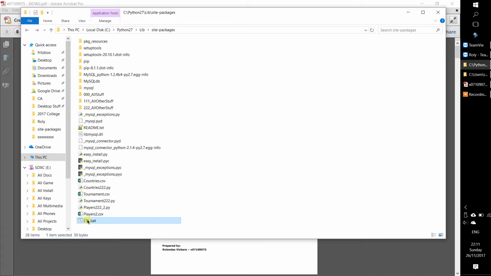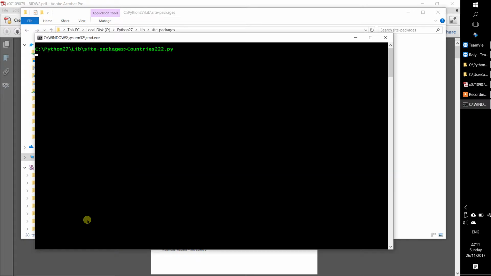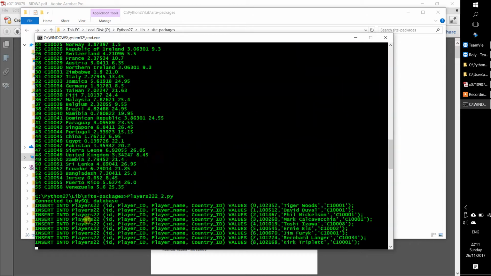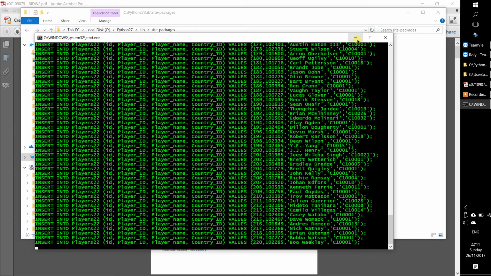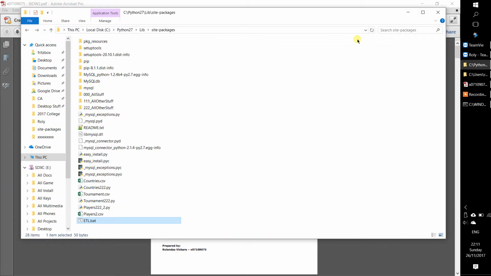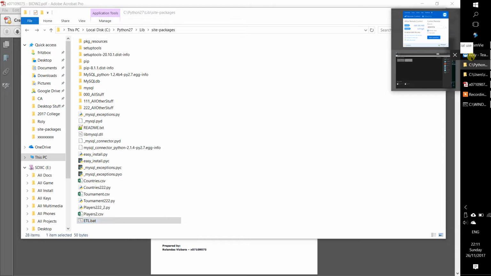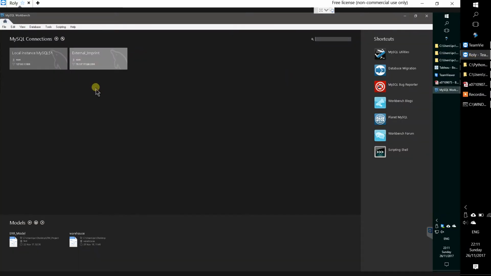I can show you how it looks, and that's basically it. After my data is successfully imported into my data warehouse, which I use MySQL for,